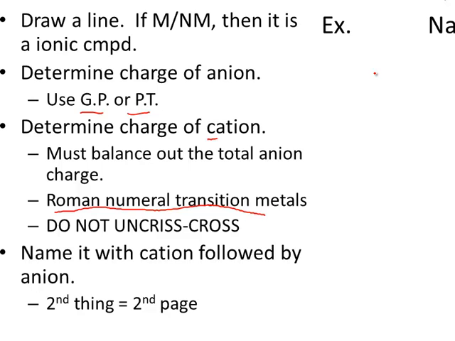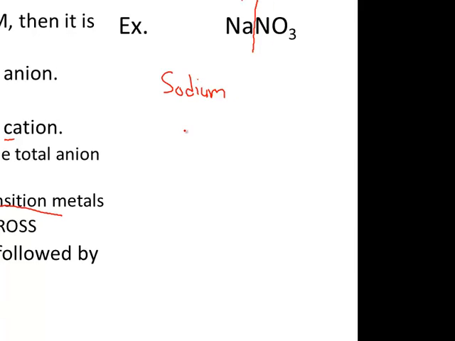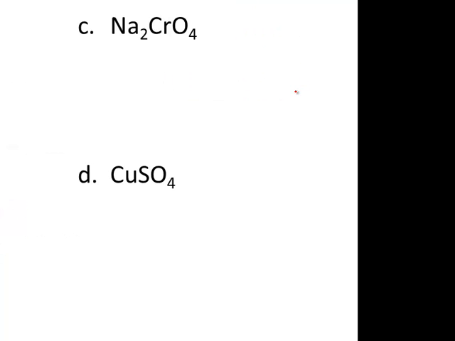So sodium is not a transition element, so we just need sodium, which is a plus. And nitrate from our gold packet is a -1. Charges are already balanced. Name of that formula, NaNO3, sodium nitrate. So to try a couple practice problems out,